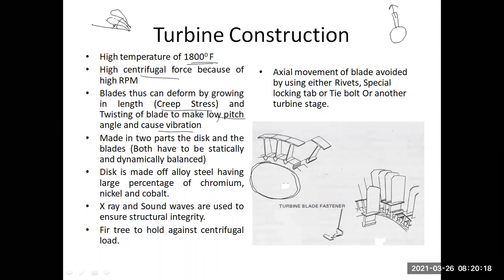Understood this? As I told you, there are two parts. One is the disc and one is the blade. Okay, both of them have to be statically and dynamically balanced. Statically balanced means what? When you are keeping it stationary, it will not change the position. Okay, how we do it, we'll do it later on in the later classes जहाँ पे हम लोग को detail में आपको explain करूंगा मैं. It is not a part of the syllabus, so let us not spend time on this, but just understand statically balanced means what? Whenever you are keeping a rotor blade at one position, it should maintain that position.